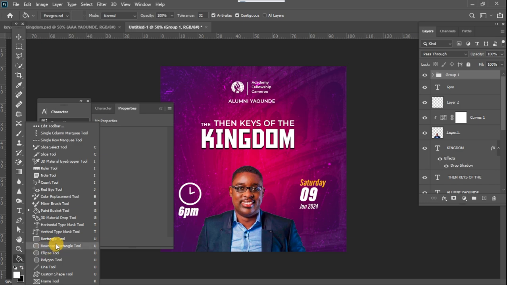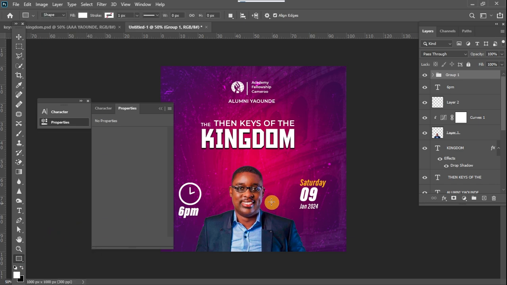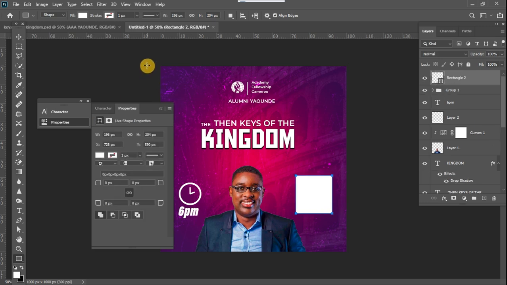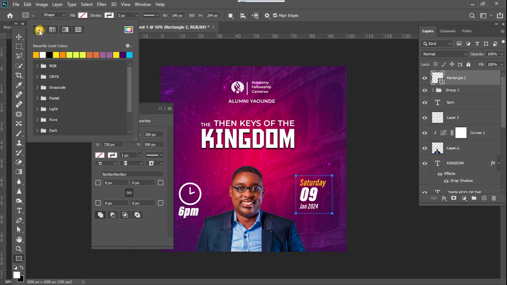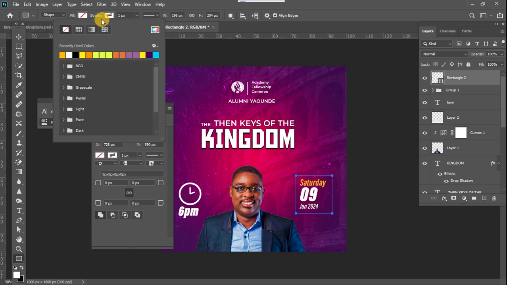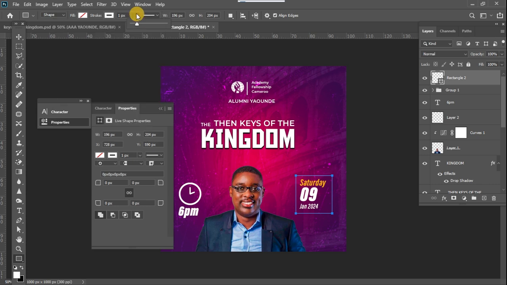So I'll select my rectangular shape tool and I'll create an outline like this. Okay, once that is selected, I'll come up here to the settings, turn off the fill, and here I'm going to add a stroke color white and increase the width of the stroke like that. I think 7 pixels is okay,